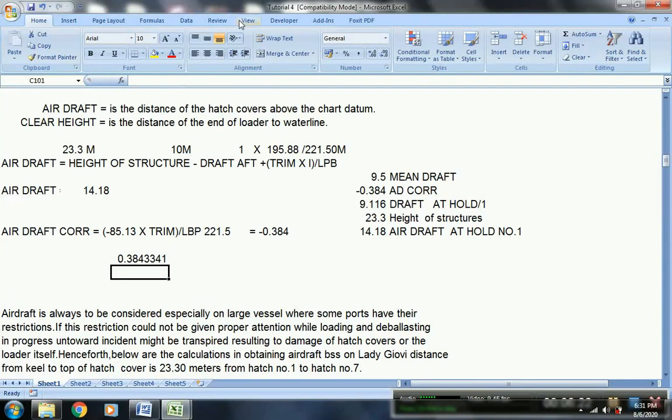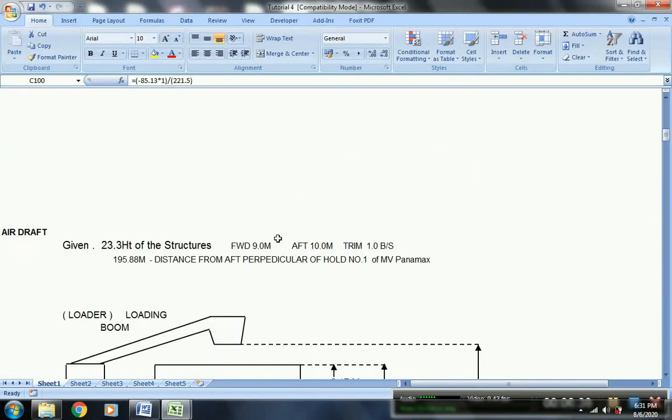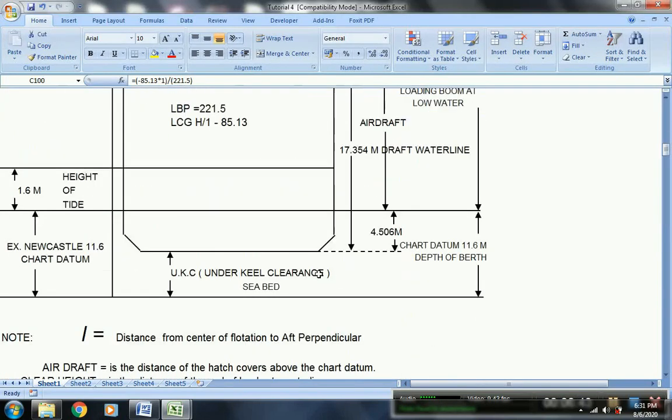You should fix the negative sign because 85.13 is negative. Okay, that's it, it's negative. And since your draft forward is 9 and aft is 10, if you divide the sum by 2,